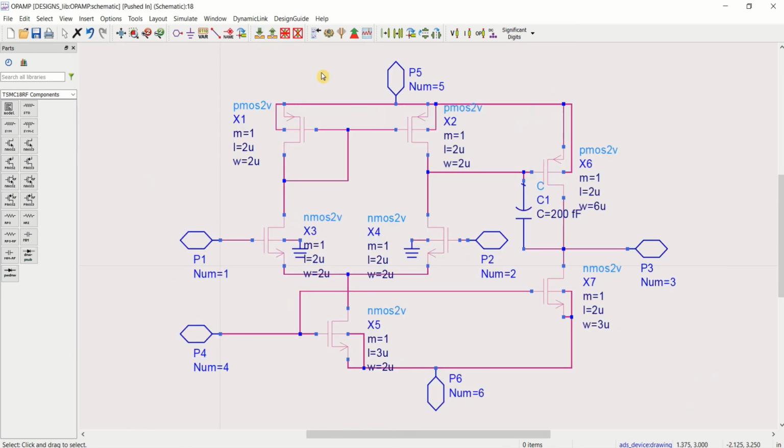You can go into this and see that this is the actual op amp. This is how you try to design and simulate and estimate the parametrics of a single stage op amp. You can do it for the two stage op amp as well in order to increase the gain of the op amp.